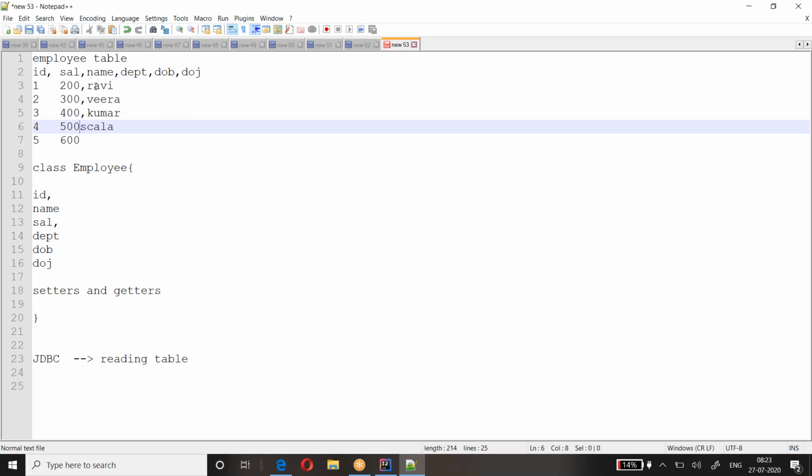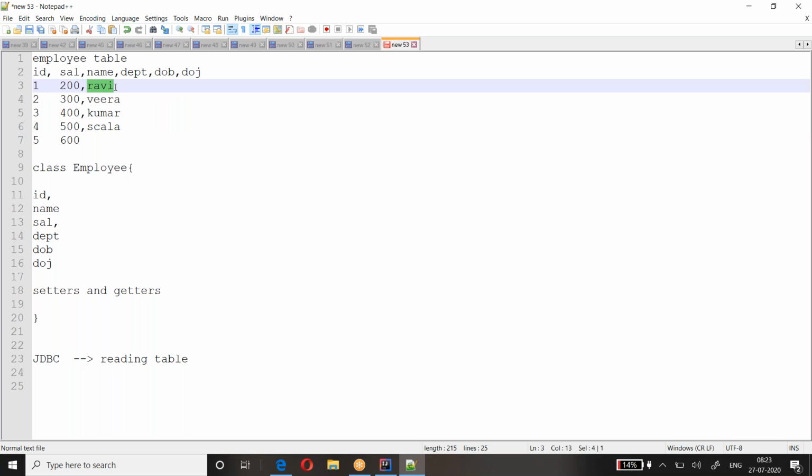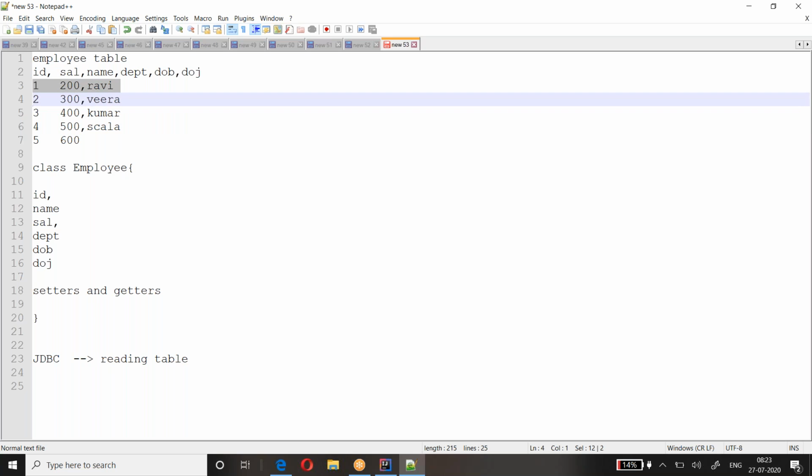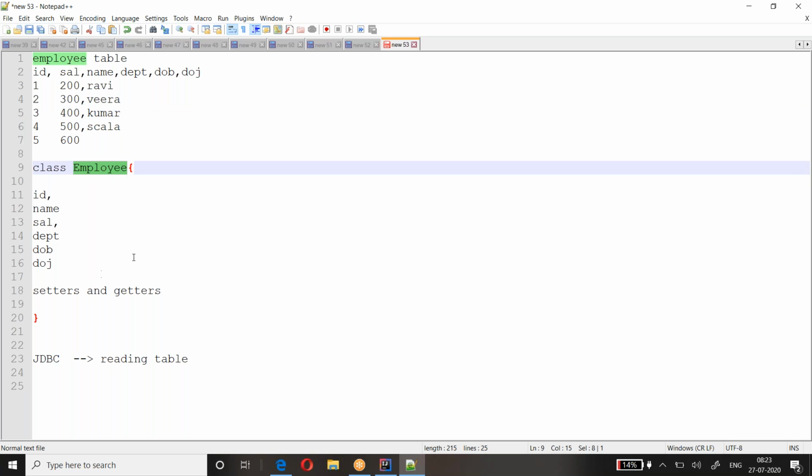Like this you have. When you start reading the first record, an employee object will be created. It means when you read the table,